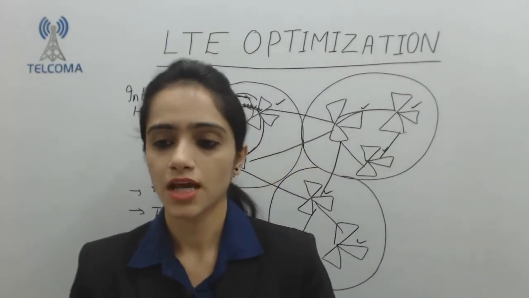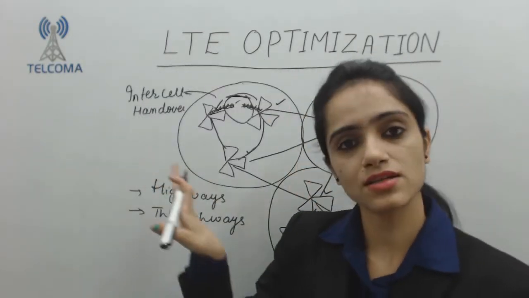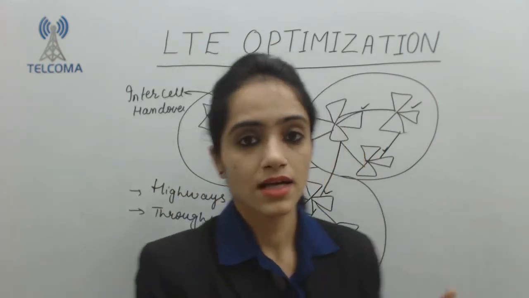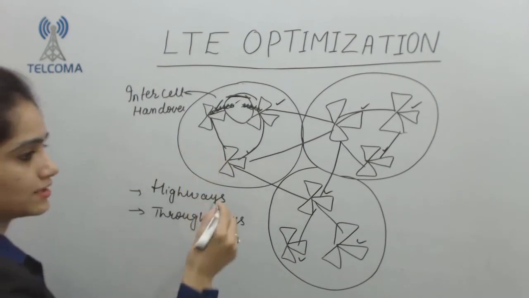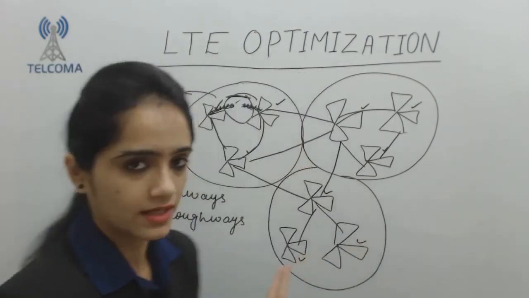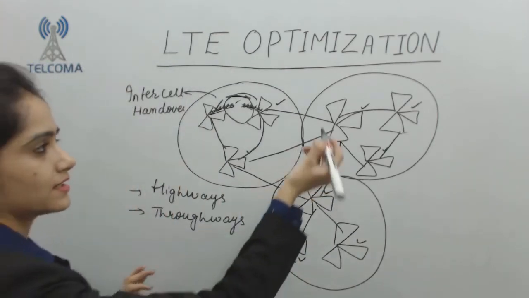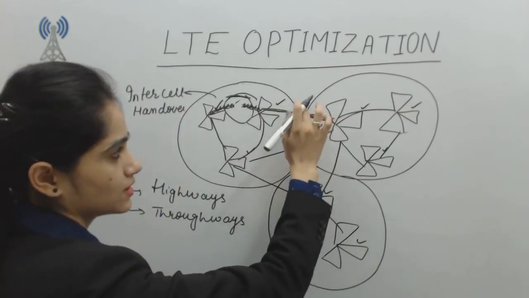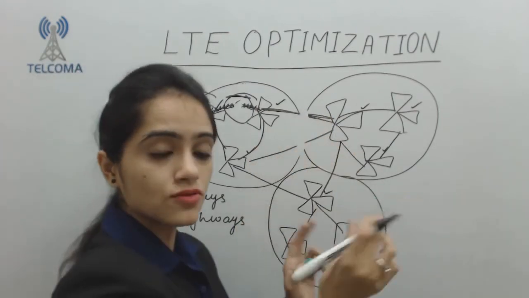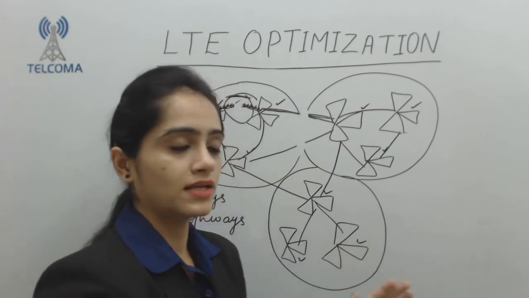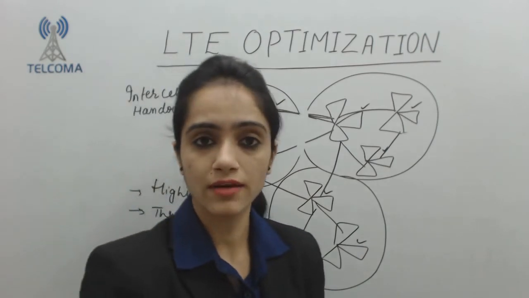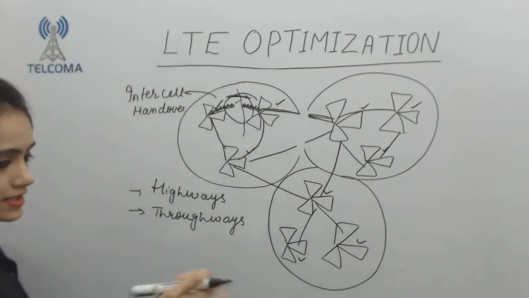So what are the parameters? Because clearly the tester has recorded each and every entity. Now it is the work of the optimizer to find out all the parameters showing why there is a handover failure in this. Like on a highway you are traveling, is there any handover from one cell to another cell? What are the values? At what area are we getting handover? Because we are recording. And the next thing we have to find out is